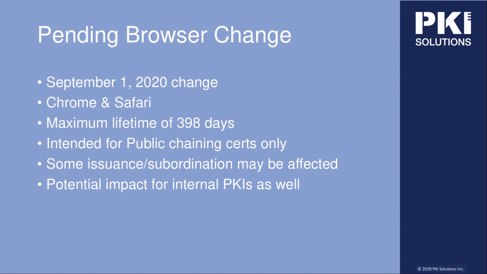Where we have concern and why we're communicating this out for enterprises is some enterprises actually get their certificates from public CAs. Some of them are actually subordinated or managed by some of these providers. And we've also seen in the past, some of the past things like SHA-1 to SHA-2, as well as the SAN enforcement, where internal PKIs have been inadvertently caught up in what was supposed to be a public chaining certificate